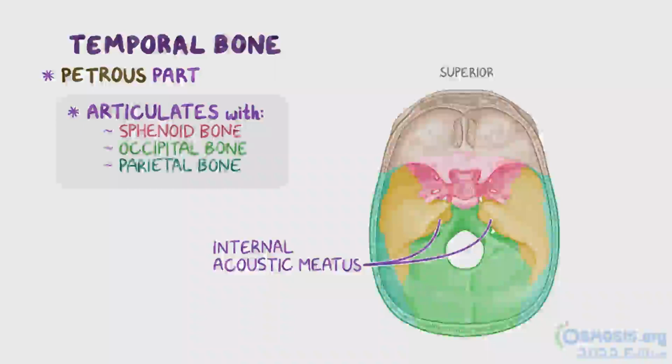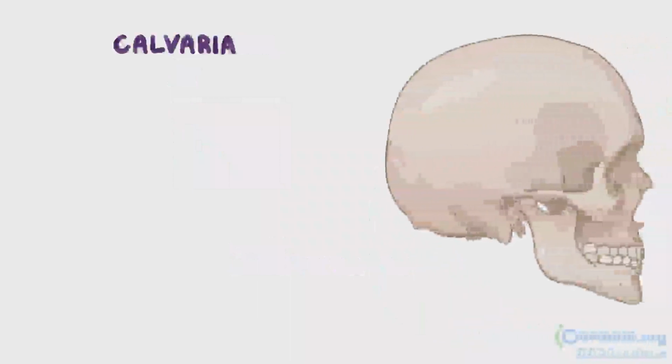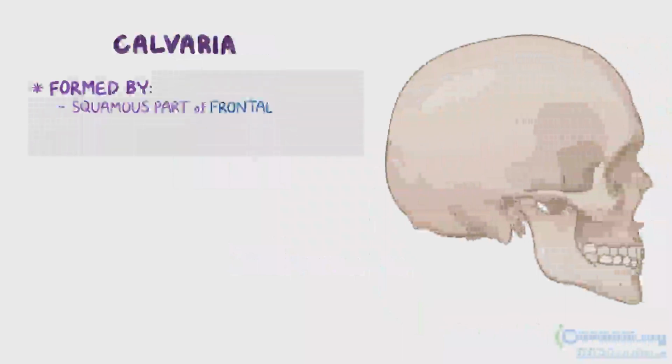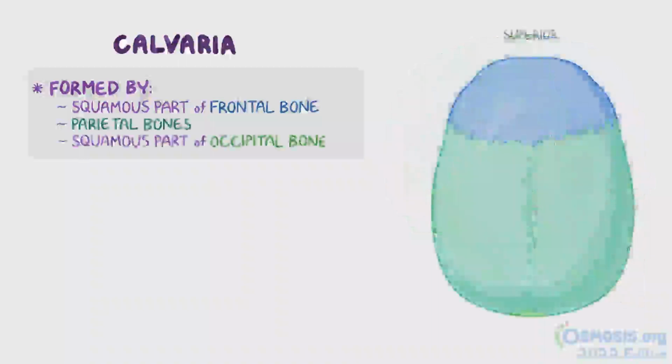Now that we've looked at each bone separately, let's take a look at how they interact to form the calvaria, or the skull cap, which is the roof of the neurocranium. It's formed by 4 bones: the squamous part of the frontal bone, both parietal bones, and the squamous part of the occipital bone. Seen from the outside, in other words, in a superior view, the calvaria is a smooth, convex